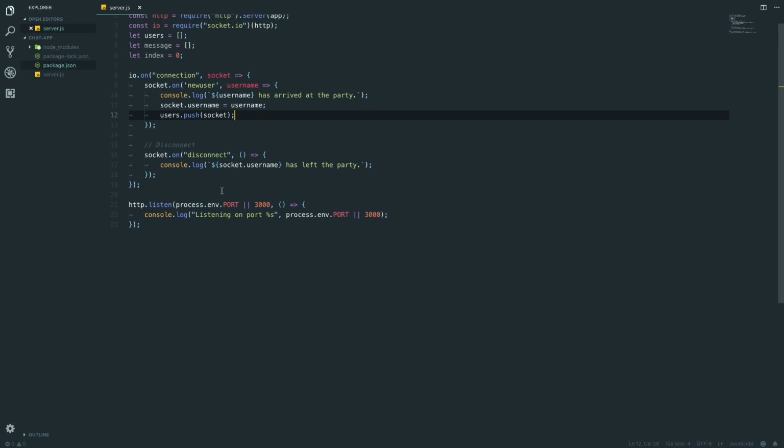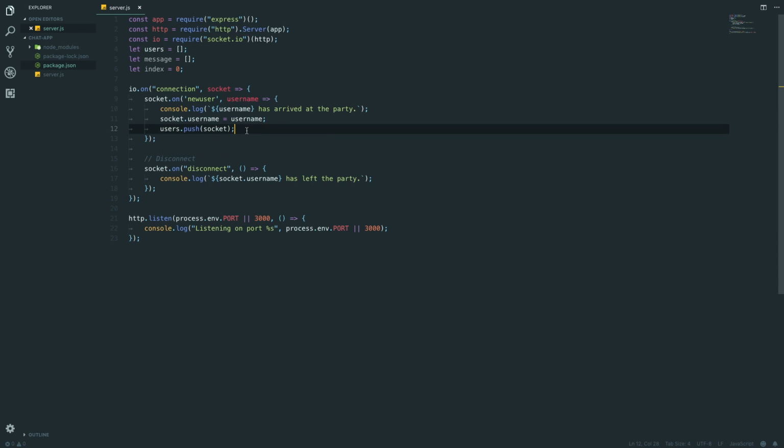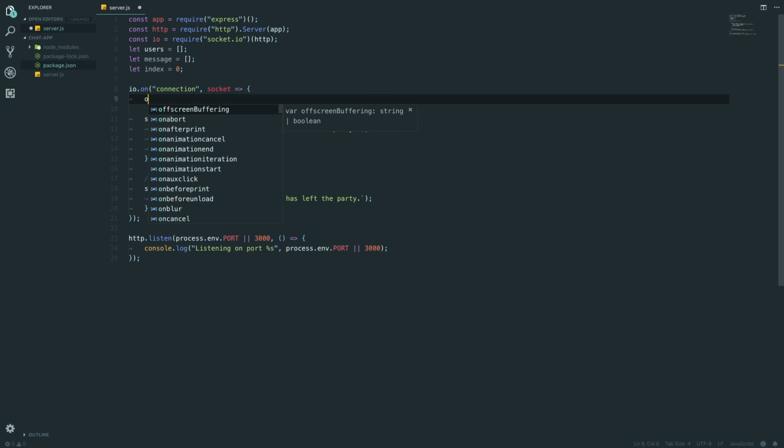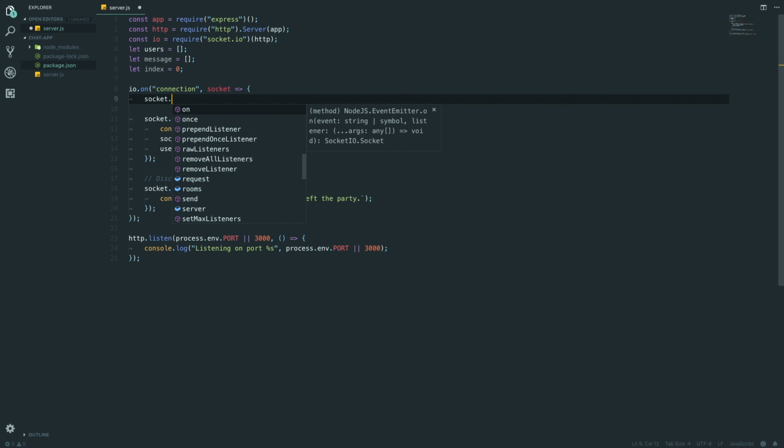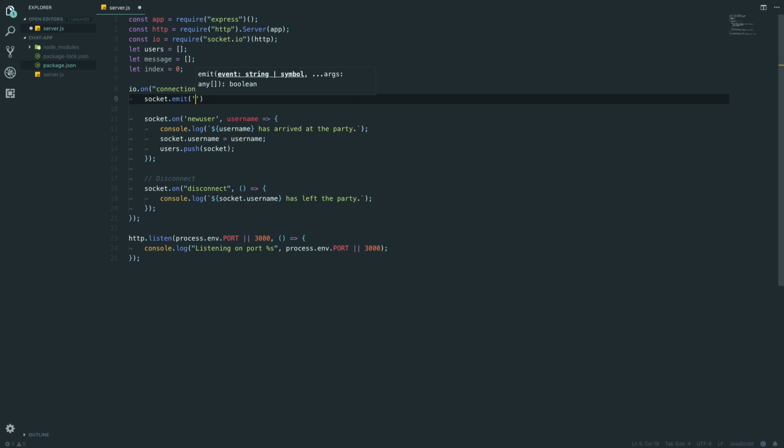So now we've got two basic things here, on has connected and has disconnected. We're going to set up everything in the node first, and then we're going to go over to the thing. Yeah, because we don't want to break away. So on here we're going to do something else. We're going to say socket dot emit, and we're going to pass through logged in, which is going to be, so when someone logs in,